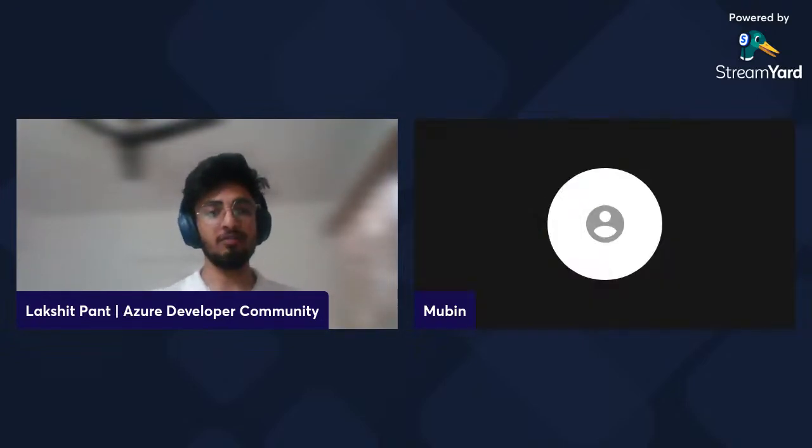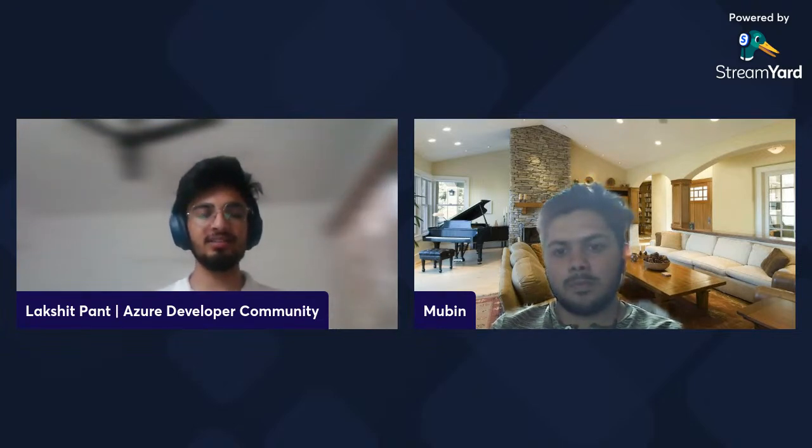So just to summarize, we have so far covered the basics of DevOps and source code management with Azure DevOps. Then we covered pipeline as code with YAML and Azure DevOps on day three. Then Jay Kumar sir explained how you can automate your DevOps using Azure Functions. Yesterday, Mubin explained in a very detailed manner how IaC with ARM could help you build and automate. So this is what we have covered, and today we will talk about containerization with Azure Container Registry and